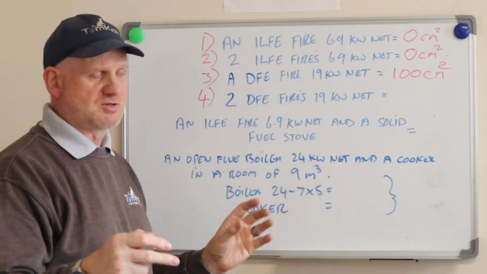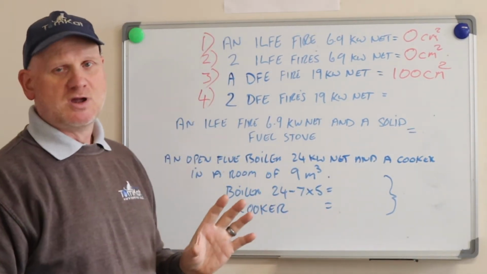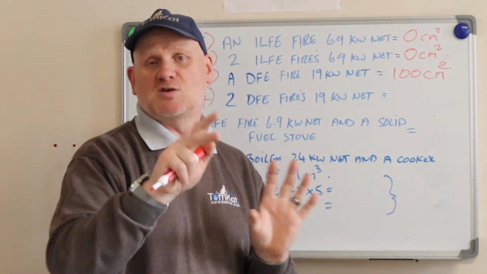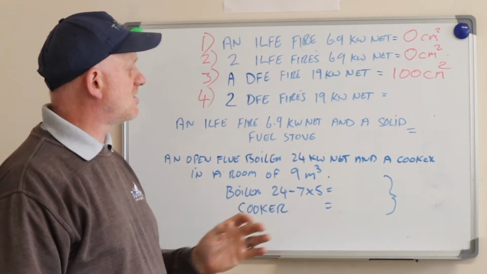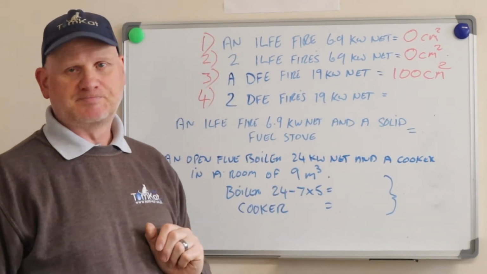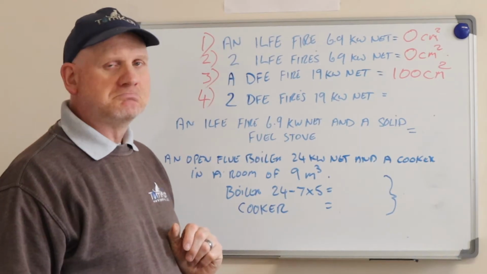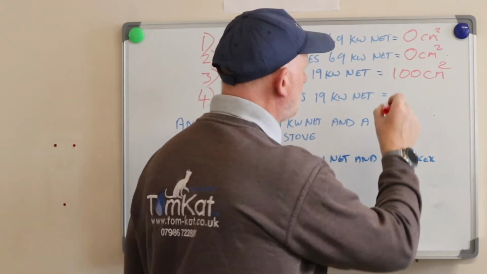Number 4. Now we've done the same thing as the inset live fuel effects. We've got a through room, so we've now got 2 DFEs technically in the same room, which used to be 2 separate rooms, so it's now a through room. So we've got 2 DFE fires of 19 kilowatts net in the same room. 200, did you say? Well, you'd be wrong, because it is